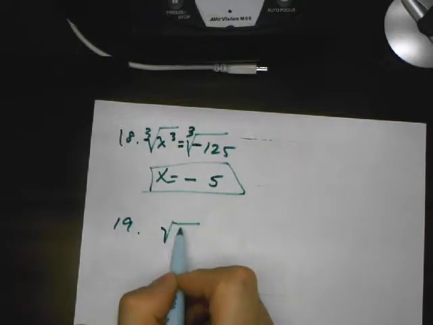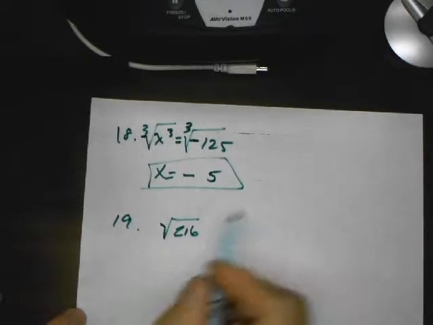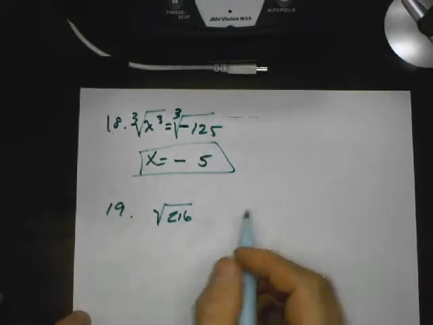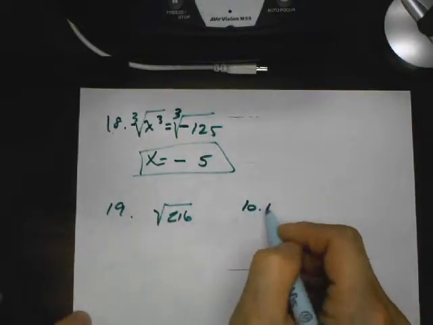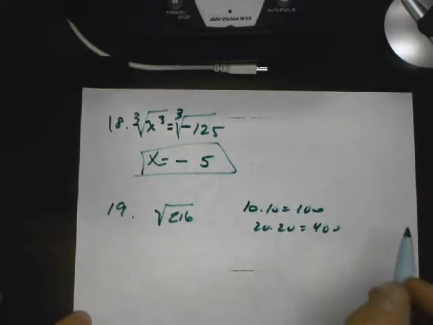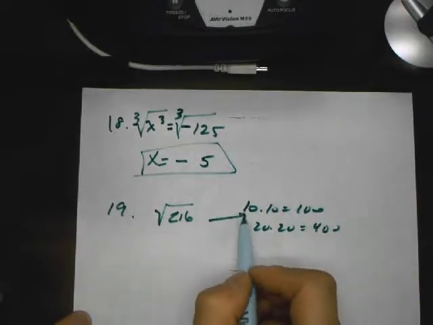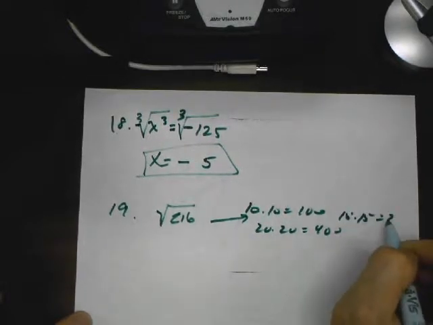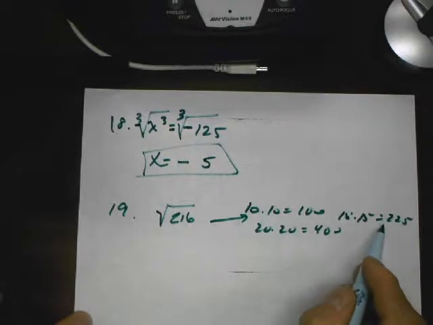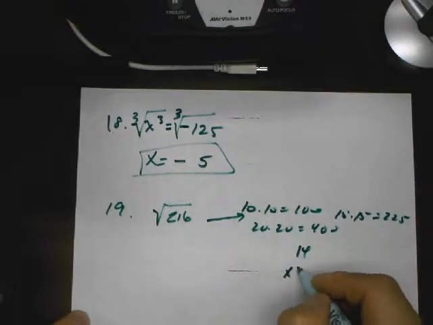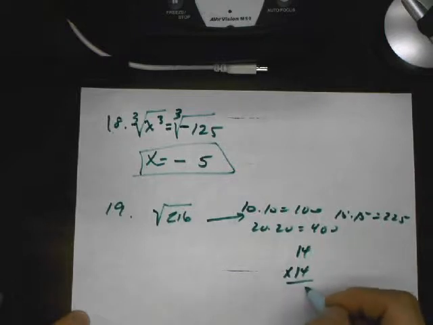19. Which two integers does rad 216 lie in between? So I'm going to look at the perfect squares that surround 216. All right. So let's narrow it down. 10 times 10 is 100. Too small. 20 times 20, 400. Too big. This is closer to 10, though. Remember, we memorized 15 squared. We know that's 225, right? That's real close, but just a tiny bit too big. So chances are 14 times 14 is going to be real close. 14 squared